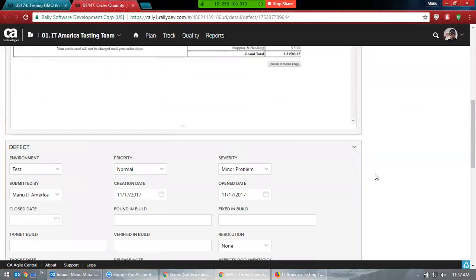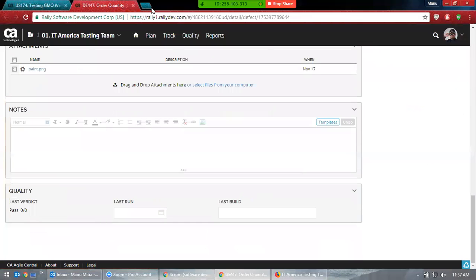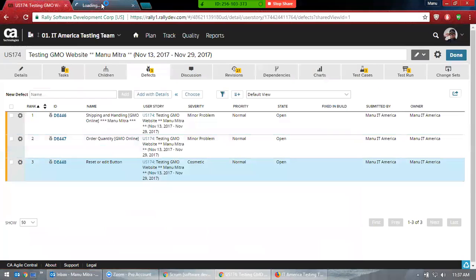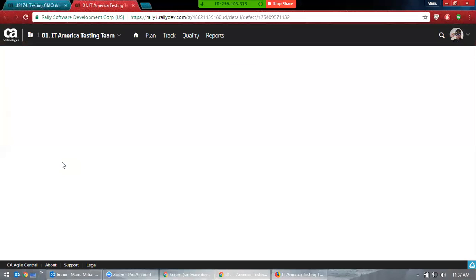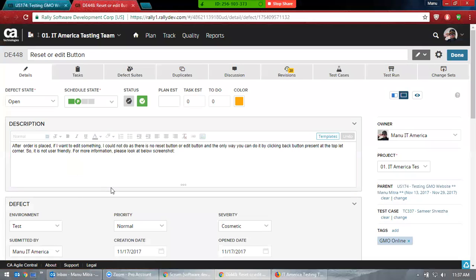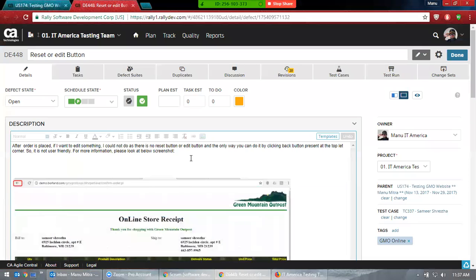So that's what, right? Whenever you're doing this, you need to put the screenshot. It's more important. And let's see. So this is good because last time, previously, somebody deleted the whole user story. So it's good. You guys didn't delete any user story. That's good. I'm happy for that.